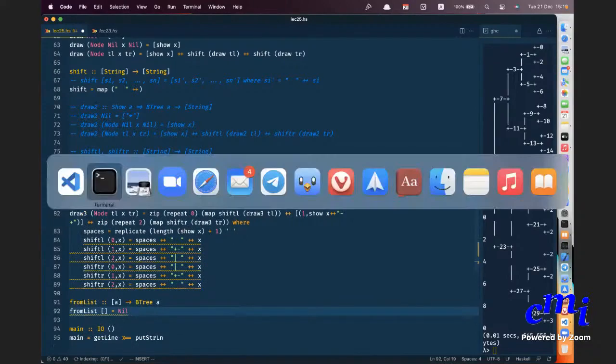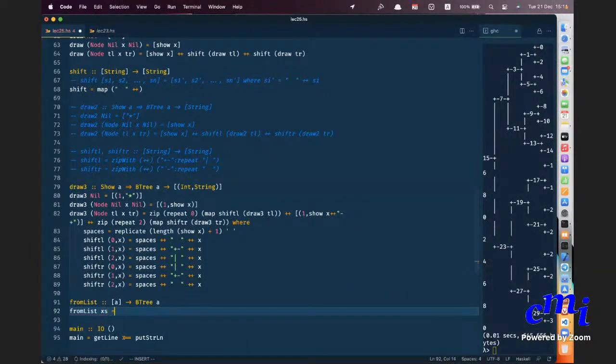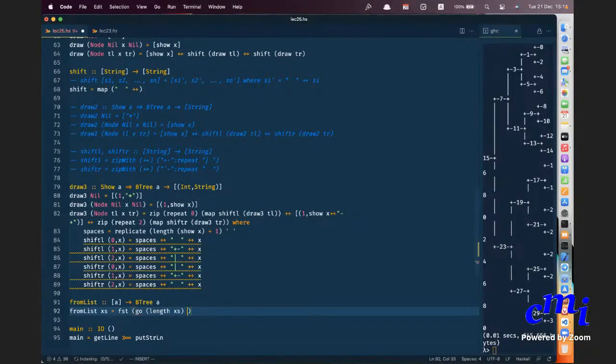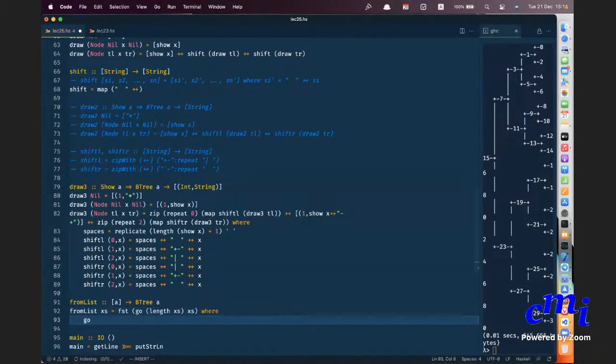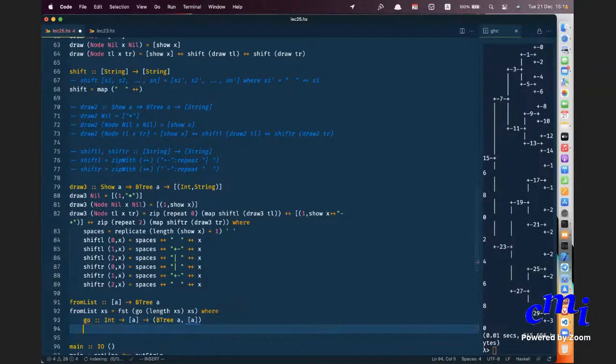No, what I want to do is this. fromList of the non-empty list xs is first of go of length xs on xs, where go is of type int arrow list a arrow B tree a comma list a. go 0 anything equals xs